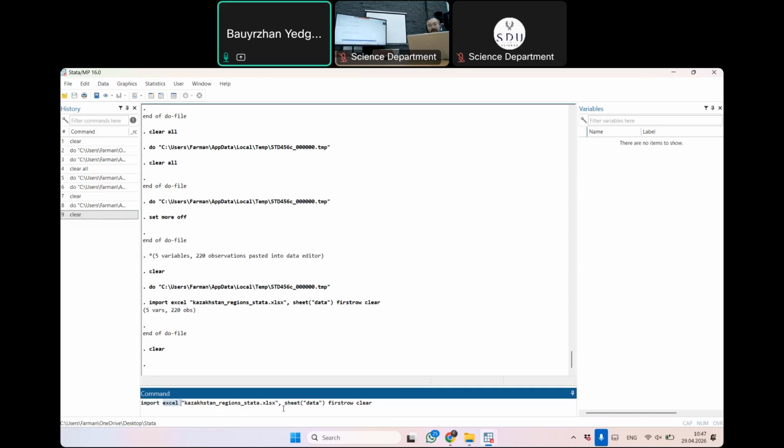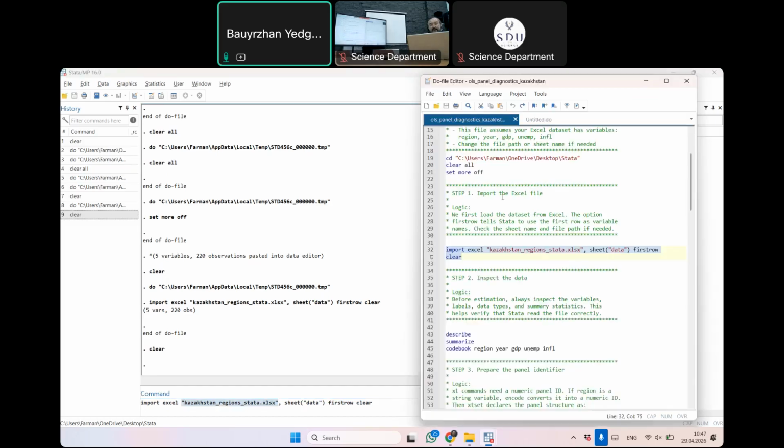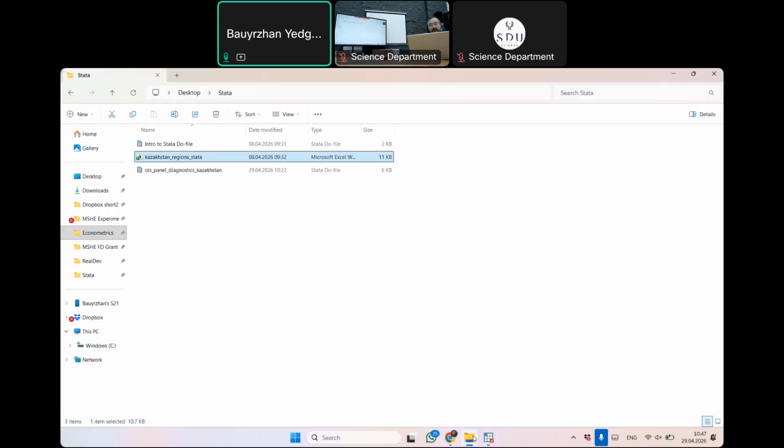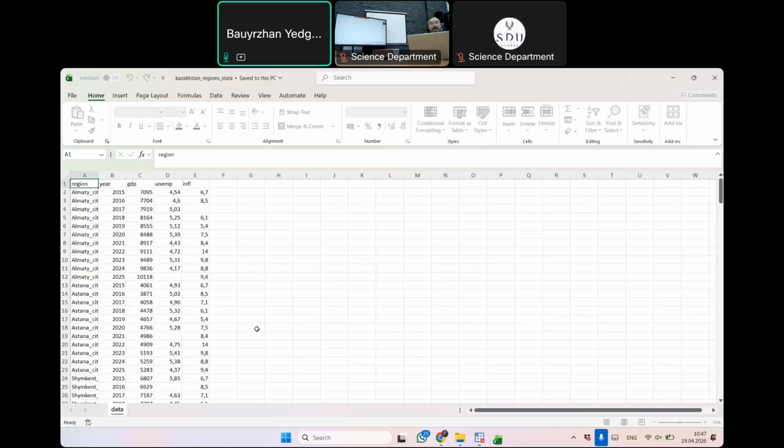Import, you specify the file type, Excel or CSV and so on. Then you write the name of the file, and you don't have to tell it which folder because you already declared it before, in the previous CD, change directory, you declared it to work on this folder. So it's going to look for a file called Kazakhstan region stata.xlsx, and then you specify which sheet you're working on. I think the sheet was called data, because Excel can have multiple sheets, so you need to tell which particular sheet. The sheet is called data,